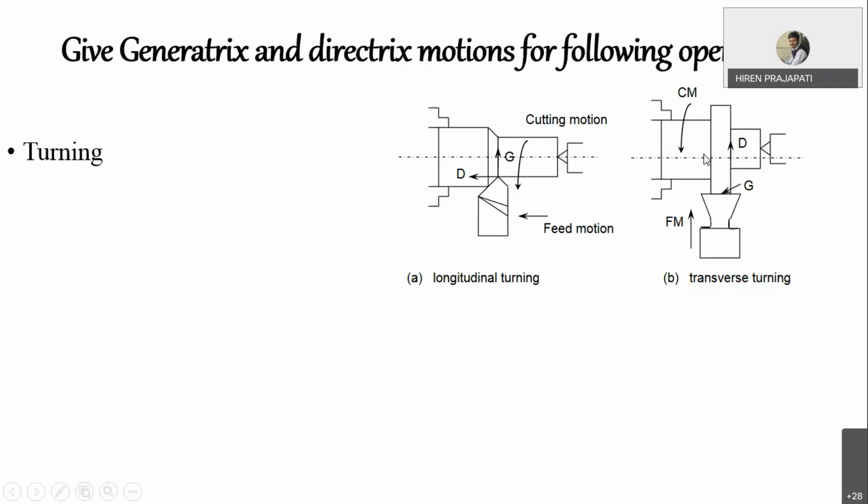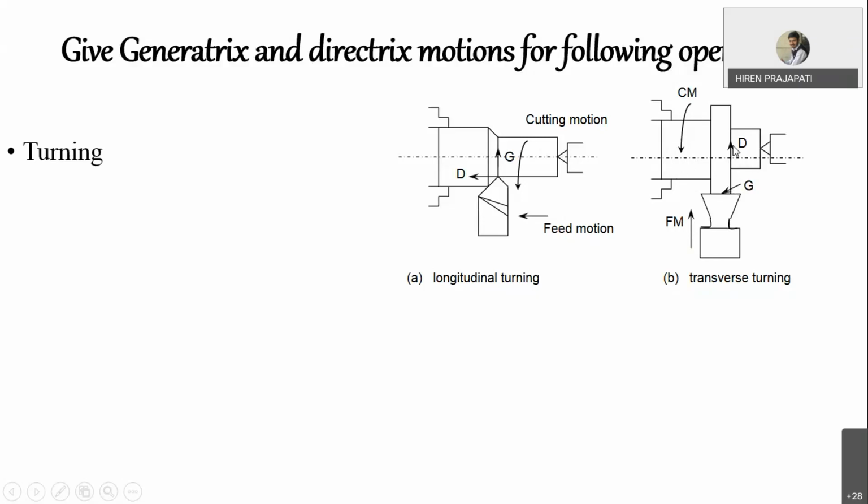So again, rotation of the chuck in transverse turning is called the generatrix. That's why here it is shown as generatrix. And directrix means now we are talking about transverse feed. So if you give feed motion towards the workpiece in the transverse direction, perpendicular to the workpiece